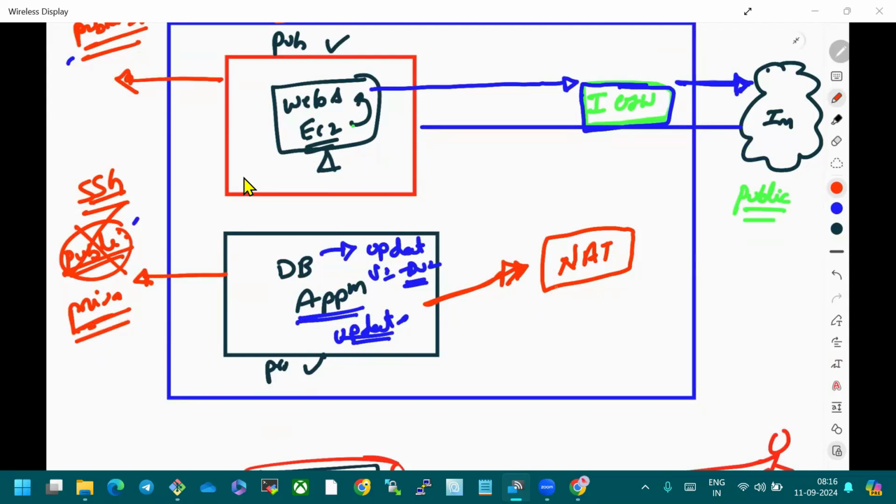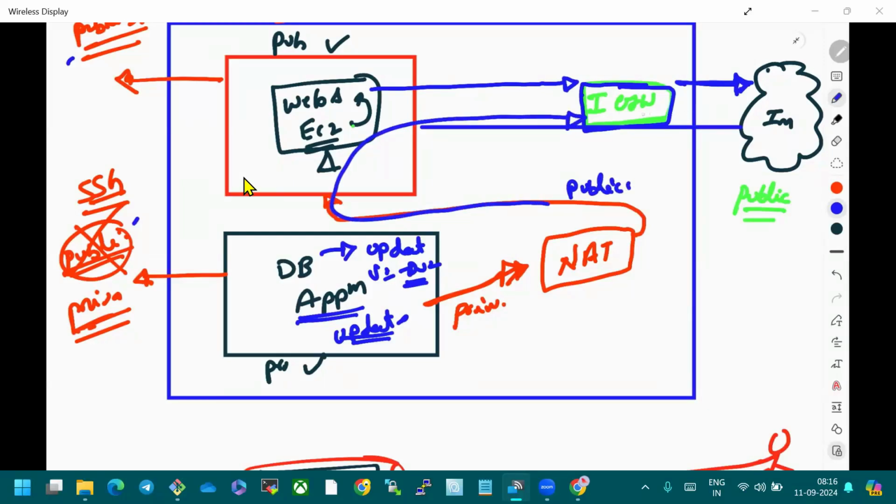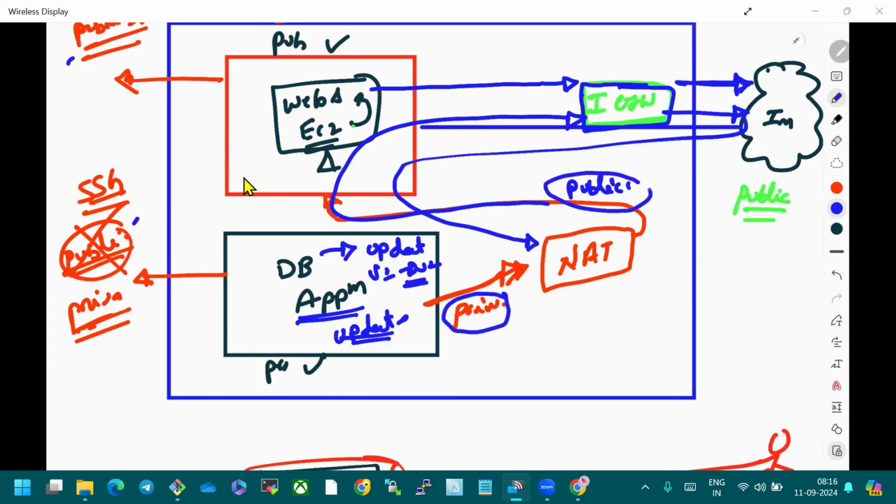So what it will do, that gateway, it will take this private IP and convert that private IP into a public IP. Then through your internet gateway, it comes to the internet, updates itself to version 2, then again comes back. This is what it will do. It will convert your private IP into the public IP.